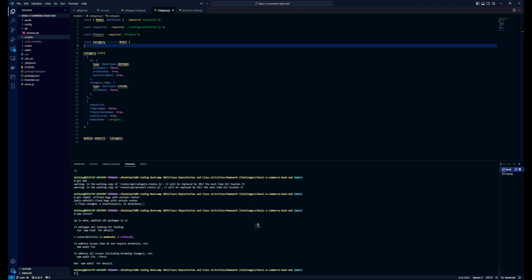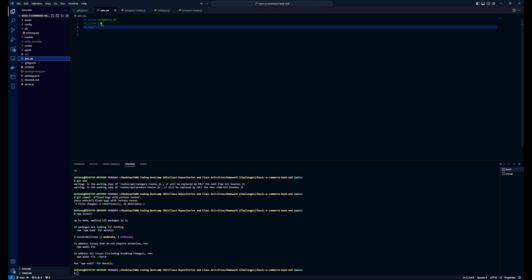But before you do that, you're going to want to rename the .env.ex file I provided to just the .env, and then provide your user and password information. Now I provide this for you, but as it depends on the machine you're on, it's best practice for you to fill this out and then go ahead and rename that. So after that is done, you can now seed the